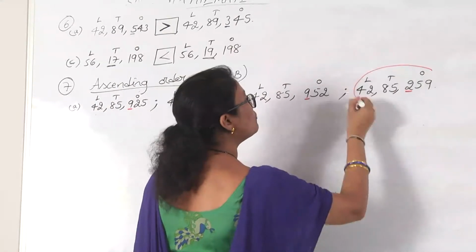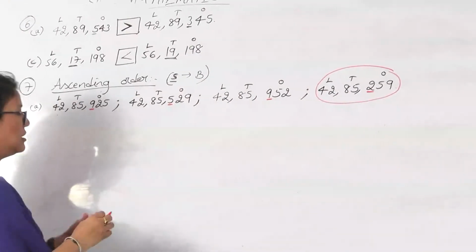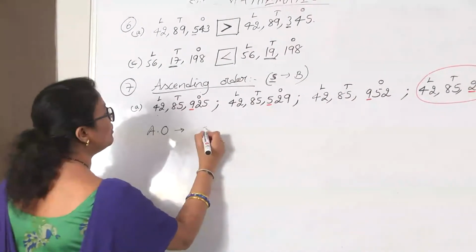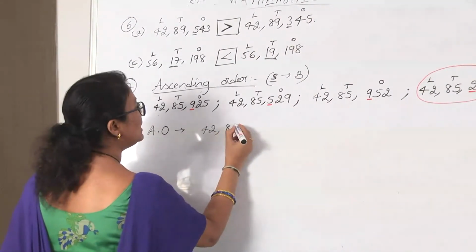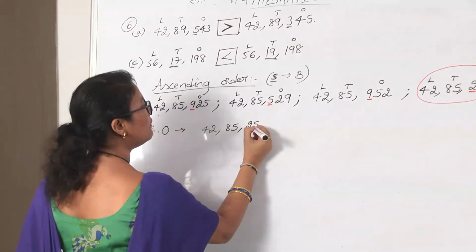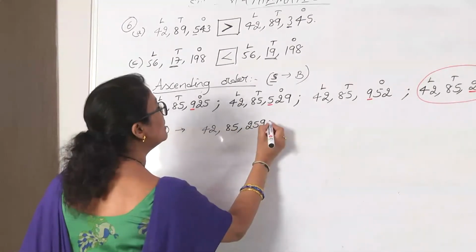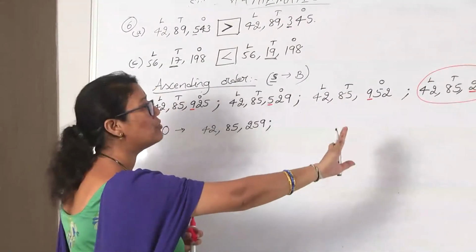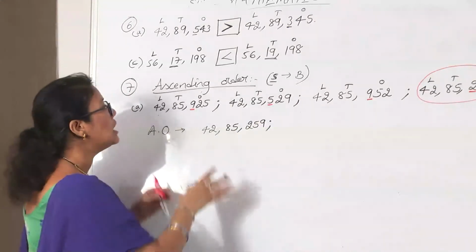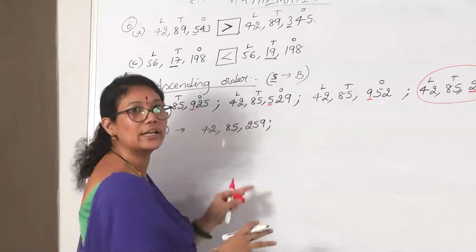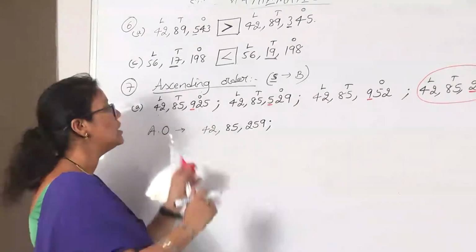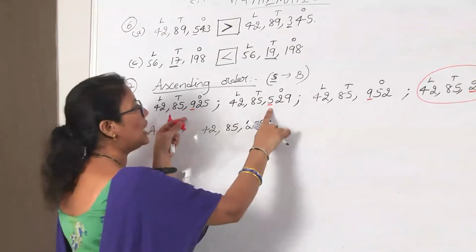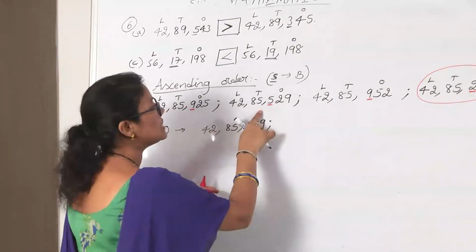That means our first smallest number is 42 lakh 85,259, right children? So we write it as ascending order is 42 lakh 85,259. Now once that is completed, we are not going to consider that number again for comparison. Now from the remaining 3 only we are going to find out what is the smallest number. Now again in hundreds place, check once again which is the smallest, whether 9, 5 or 9. Obviously we can say 9 is